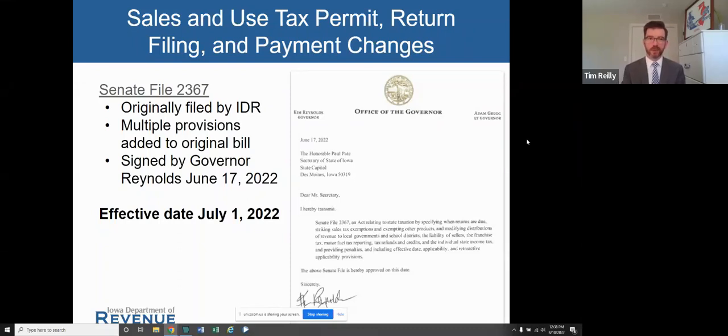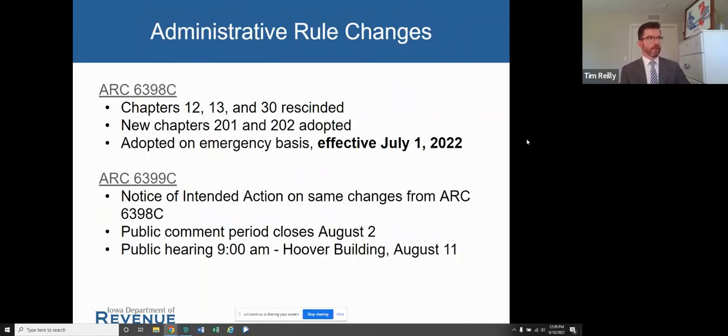Parts of the bill obviously have different effective dates, but the stuff we'll talk about here took effect on July 1, so you may well have received some notices from the department already about these things. If you haven't, I'll show you how at the end to get signed up for our emails, but we'll dive in.